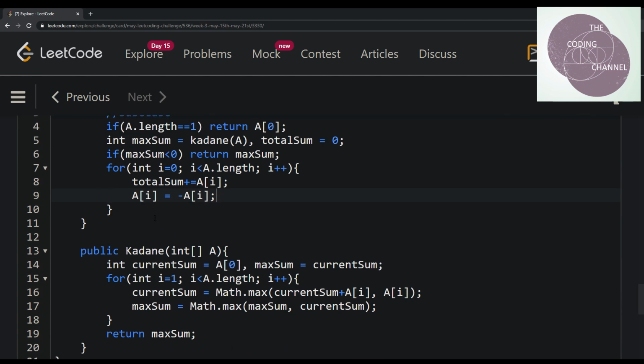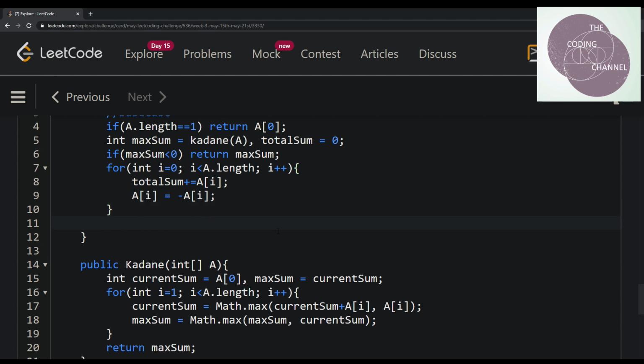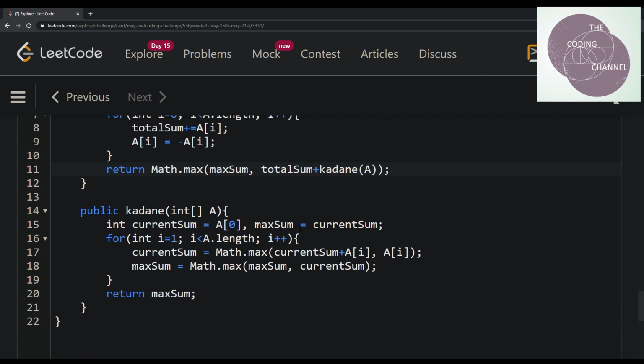Right. So we now simply need to return the max between max sum, which is the maximum value that is possible, or the total sum plus Kadane, I think we spelled it with a capital K, which will be small essentially, of the currently modified array A. So let's quickly run it and see.